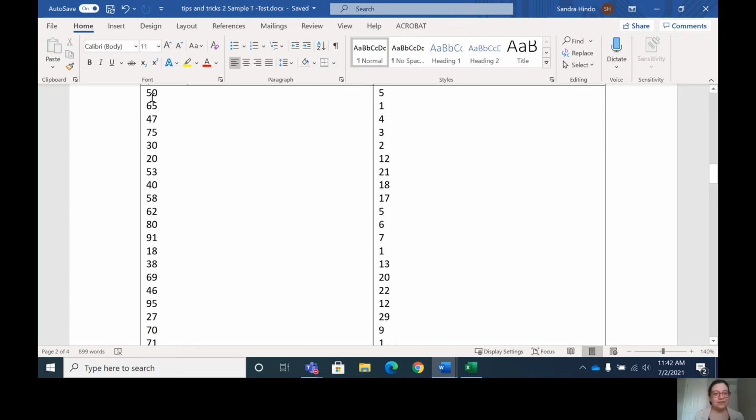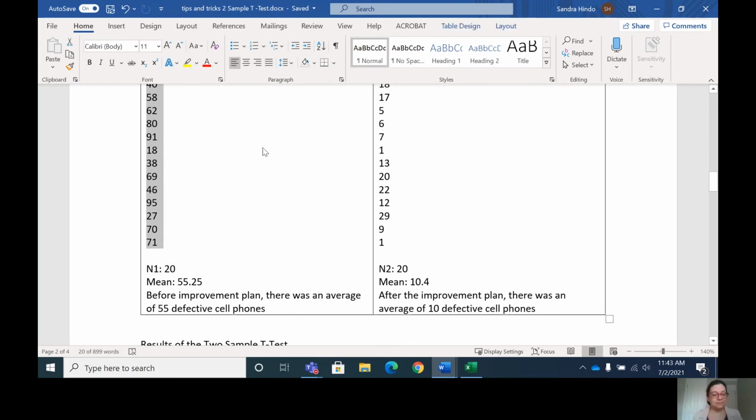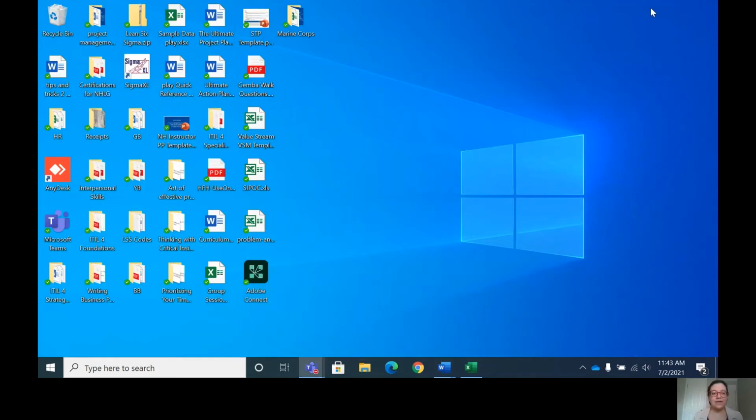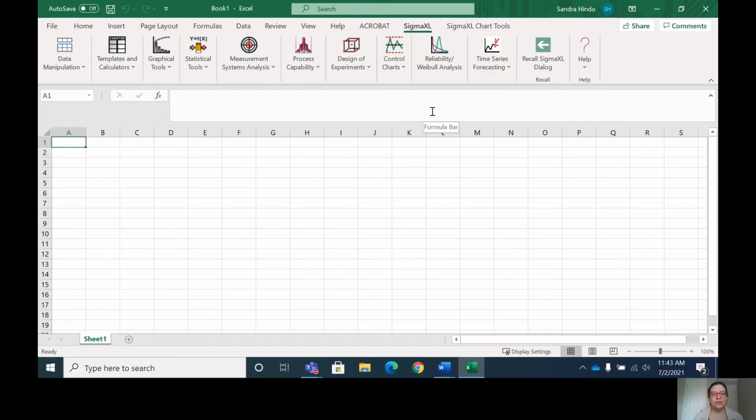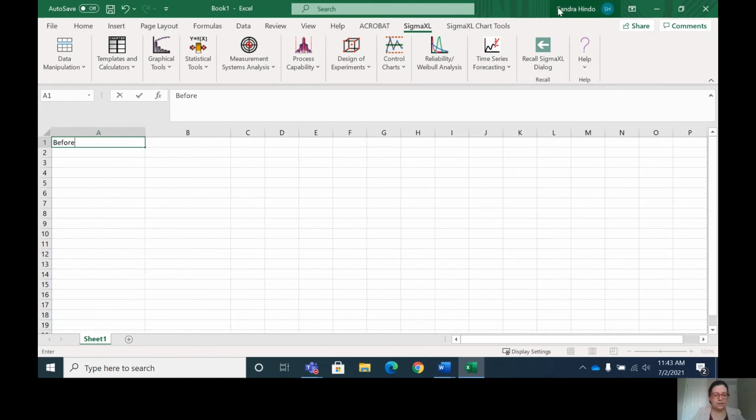First thing I'm going to do is just simply highlight my first column, starting from the very beginning, and we're going to take it one step at a time. The statistical software package is called Sigma Excel. It's an add-on to Excel. I have the add-on right here, Sigma Excel. My first column, we're going to call it Before Improvement Plan,